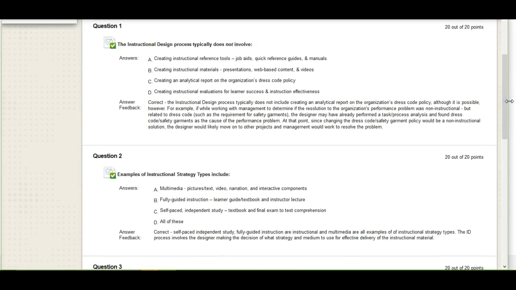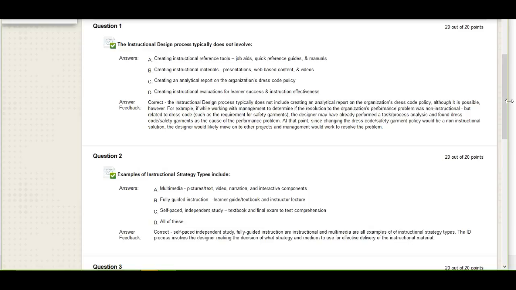The instructional design process typically does not involve A. Creating instructional reference tools such as job aids, quick reference guides, and manuals. B. Creating instructional materials such as presentations, web-based content, and videos. C. Creating an analytical report on the organization's dress code policy. Or D. Creating instructional evaluations for learner success and instruction effectiveness. The correct answer